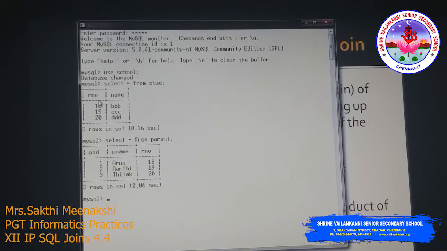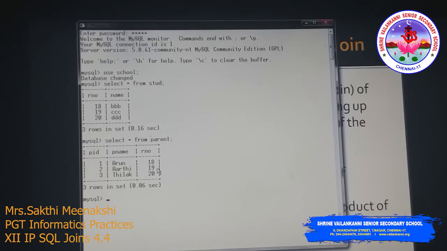For the student table, roll number is the primary key. For the parent table, roll number is a foreign key, referring to the primary key of the student table, and PID is the primary key for the parent table. So using this common foreign key column, I am going to connect these two tables.